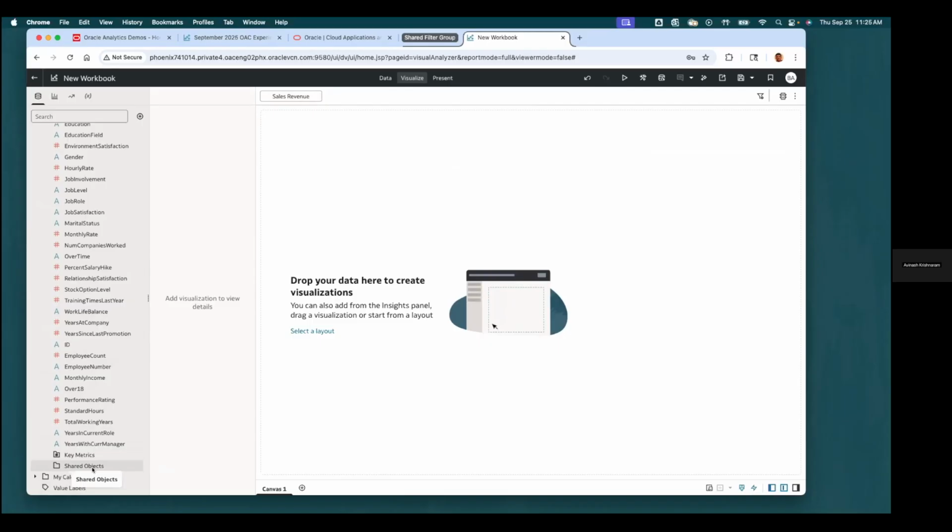Users with privileged access will get access to edit the filter group definition. And any changes to filter group definition done by any privileged user will basically impact the workbook that references that shared filter object, right? So this is the general idea. Once we have the support for dashboard filters and visualization filters, we will GA the feature. And on the roadmap, we are planning to support shared calculations as well, which will come sometime in FY26.